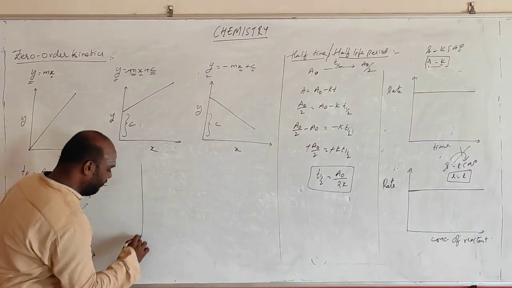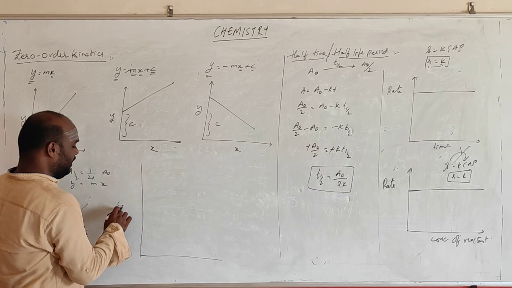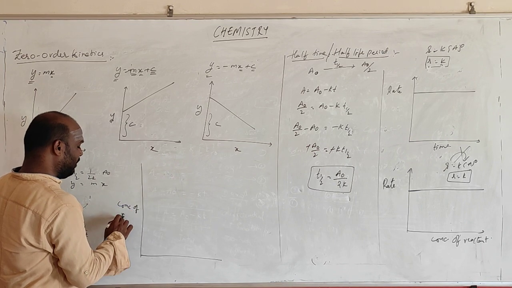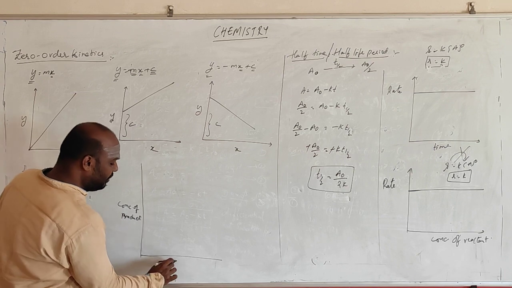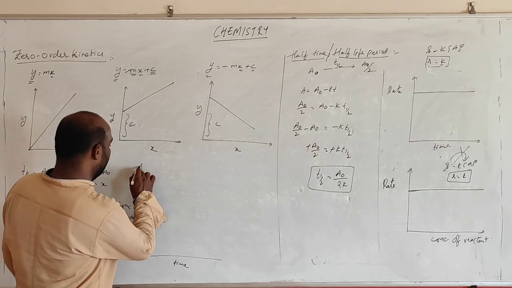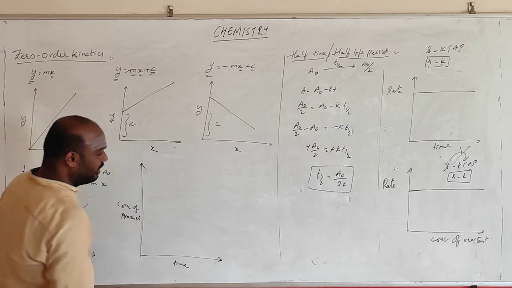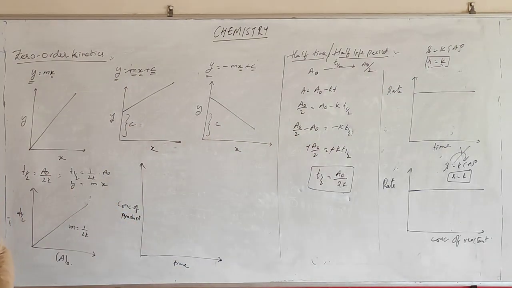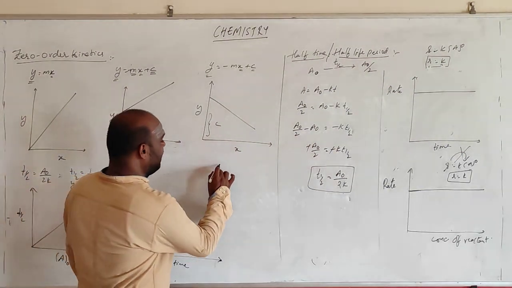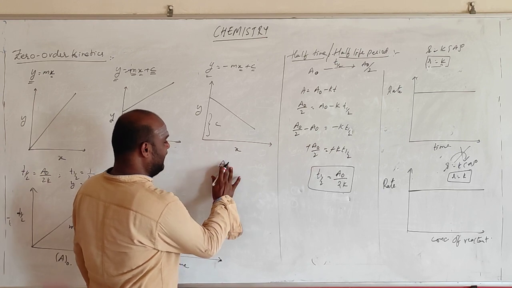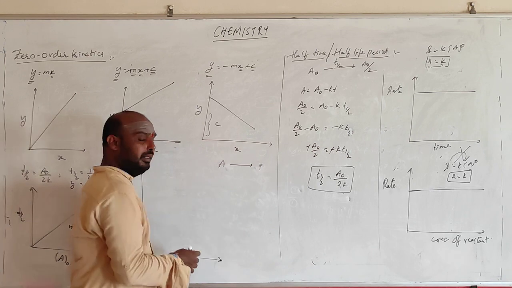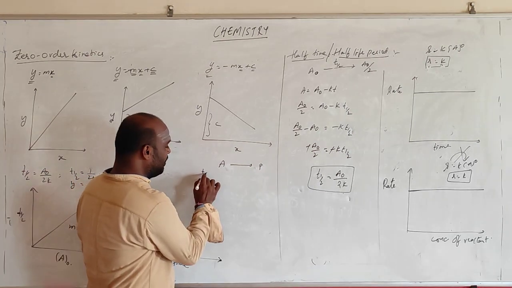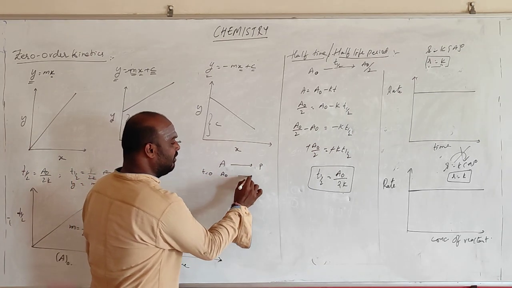We can expect one more type of graph line. Suppose I want the graph of the concentration of products with respect to time. How can you write this graph? Is it simple? Take A naught, where A is getting converted to product. The initial concentration at time is equal to 0: this one will be A naught, and the product will be equal to 0.